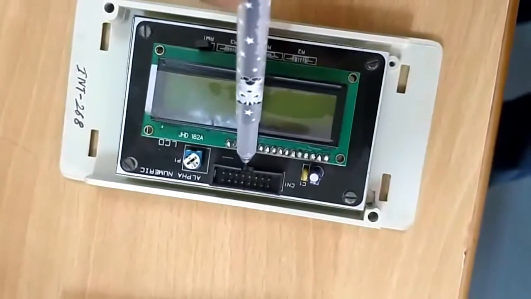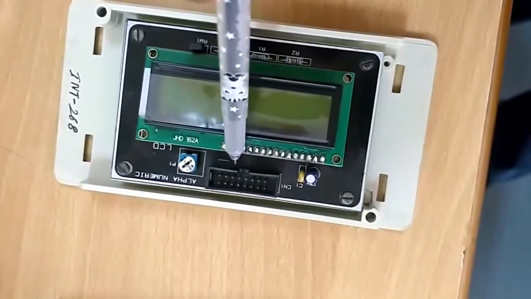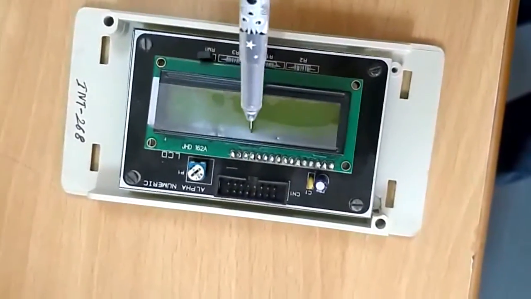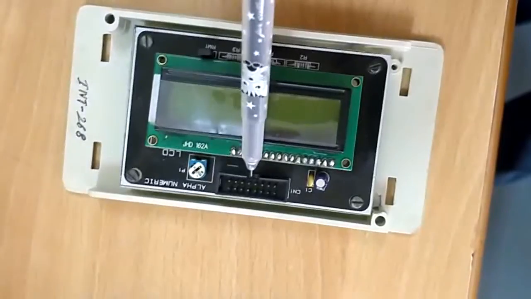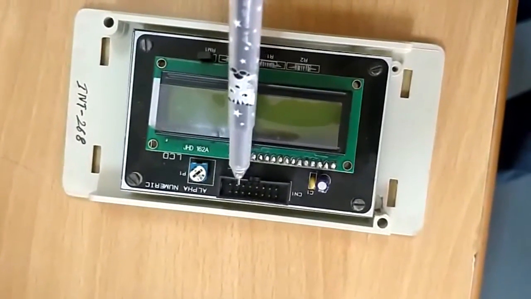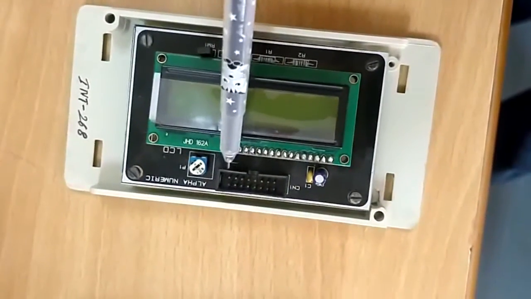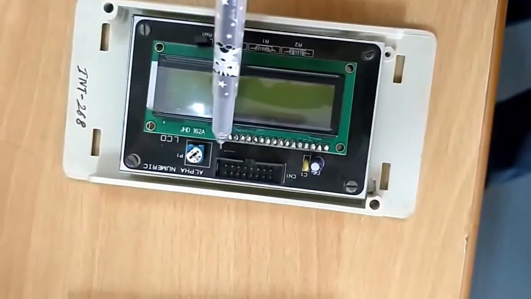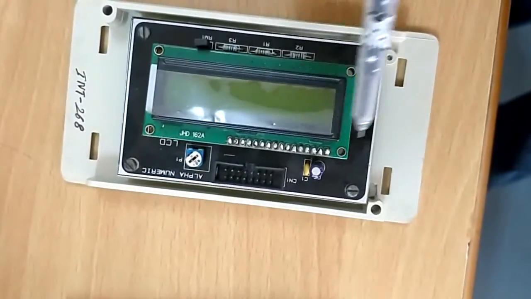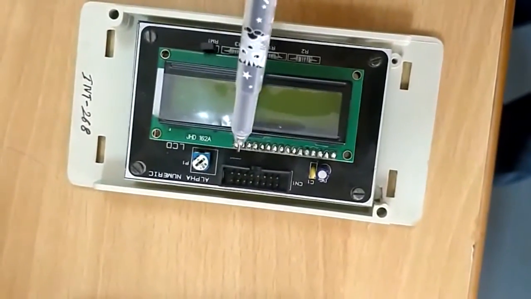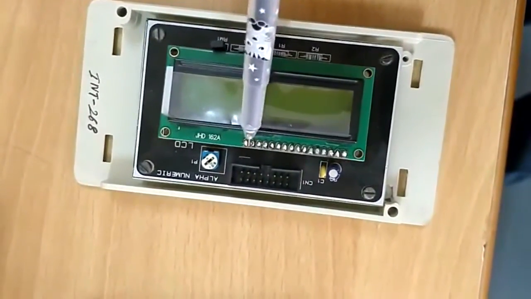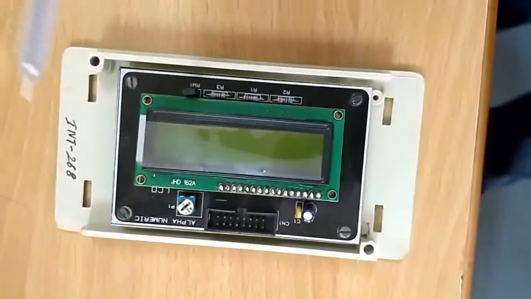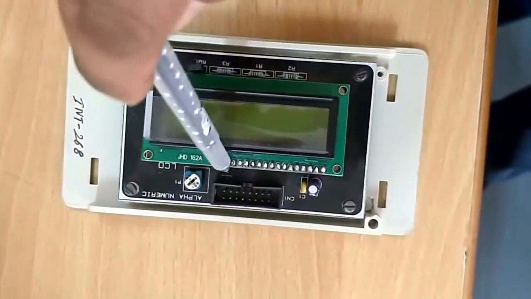As I told in the figure diagram, D0 to D7 are the data lines that send or receive the command or data from the microcontroller to the LCD device. Among them, we are using the read bar and write bar pins to perform read or write operations, as I showed in the circuit diagram. Along with that, I used the enable pin to enable my LCD device here. One more pin is called register select. The purpose of register select is to select the command register or the data register. These pins are already interlinked.